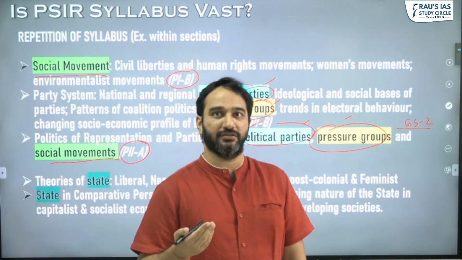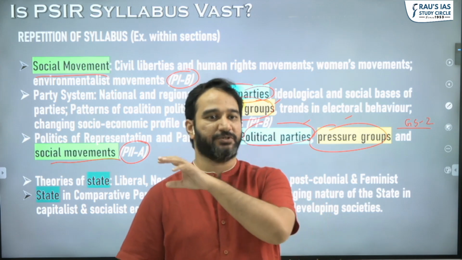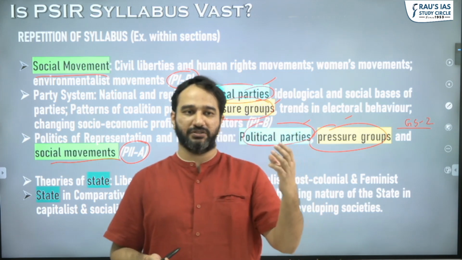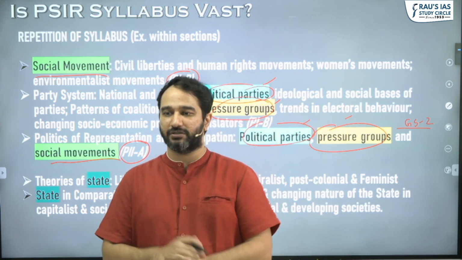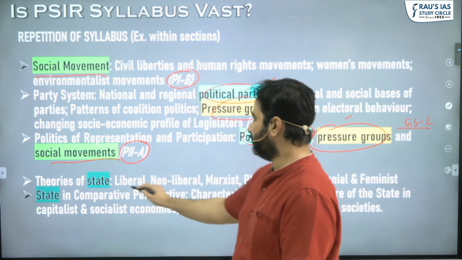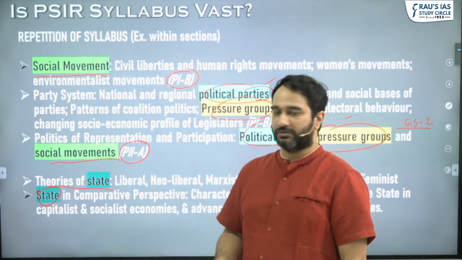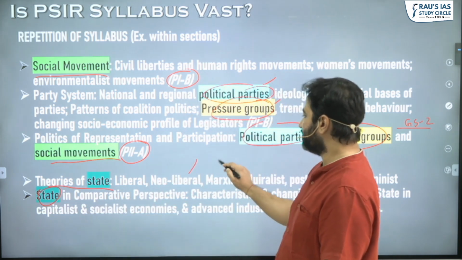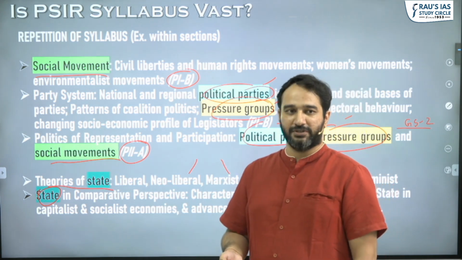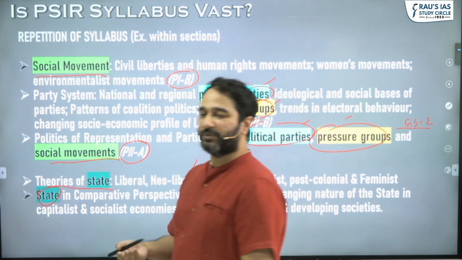So all three, from the perspective of GS, paper 1, and paper 2, would be done simultaneously. It's not like we'll be doing it separately. So what is happening is, again, theories of state in a comparative sense. What are you trying to compare? The neoliberal idea of state with the Marxist idea of state. So it's not going to be done differently. So what is happening with the PSIR syllabus is